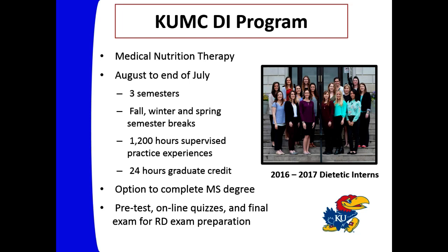Everything that we do during the program is really preparing you to sit for the RD exam. So when you come into our program, everyone takes a pre-test, and this is not meant to make you feel bad or anything of this nature, but simply just to see where are you, where do we need to work, what do you need to focus on throughout the year. We also throughout the year have lots of online quizzes, and then ultimately at the end of the program you will take a final examination,